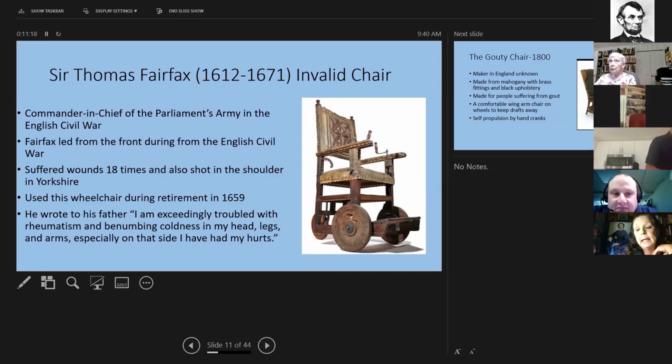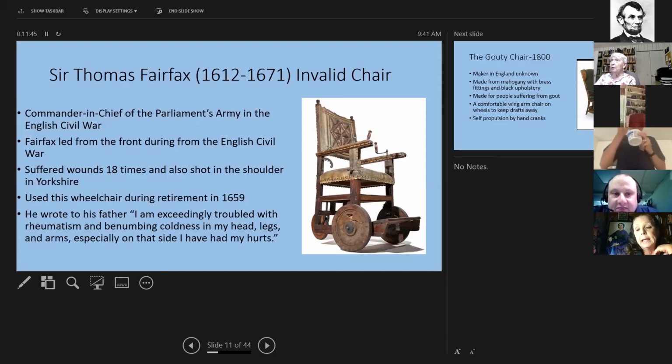And so he was wounded like 18 times, and he also was shot in the shoulder in Yorkshire. And so he used this wheelchair here during retirement in 1859. He wrote his father,